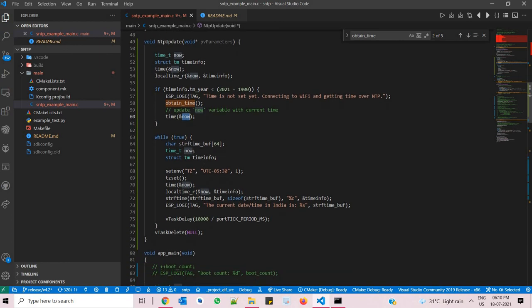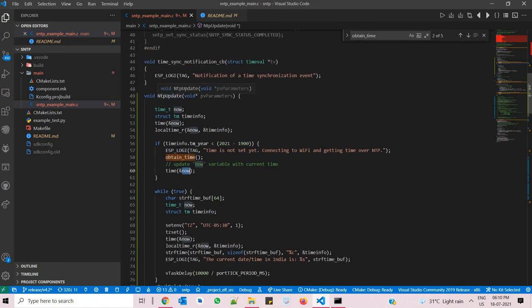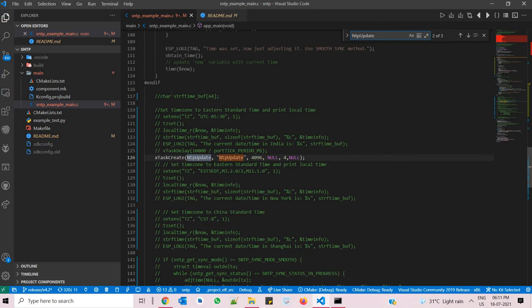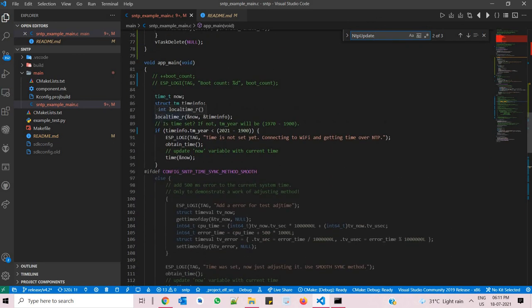So here, first of all, let me jump into our main function. What we have seen, if this condition remains true, then execution goes to this condition, then we obtain the current date and time from the SNTP server, then we have stored this current date and time to the now variable.